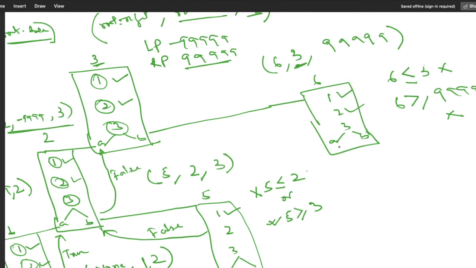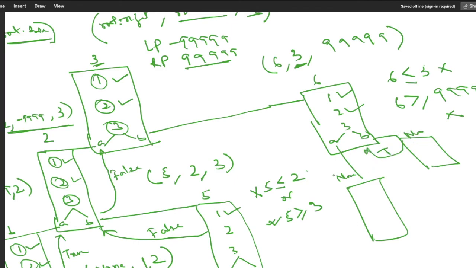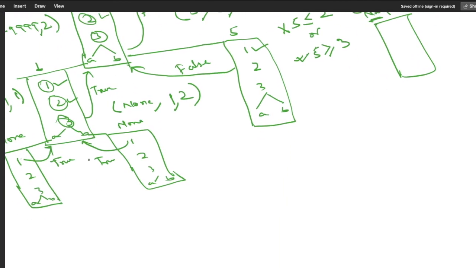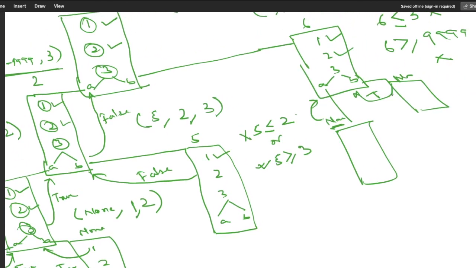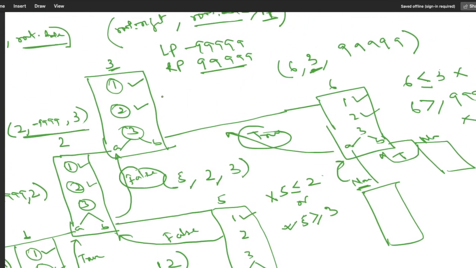In line number 3 we have two calls again, for A and B. For A and B we have none here. Similar case, for none it will simply return true. This will return true, and again this one will return true. For none it is simply returning true, as we have seen previously. So both will return true, and from here it will simply return true. If you see here, this A is returning false and this B is returning true. So overall this one will return false.